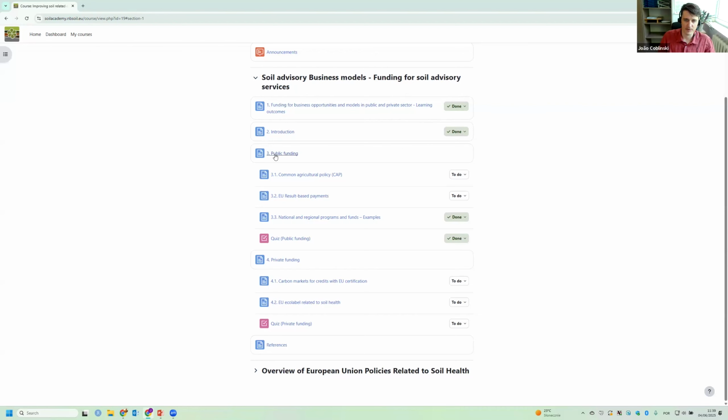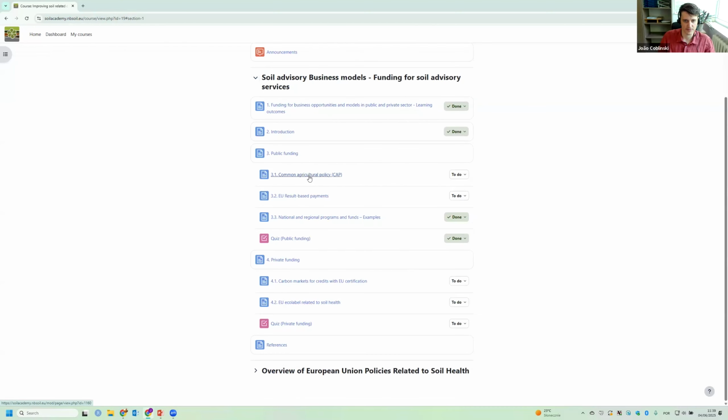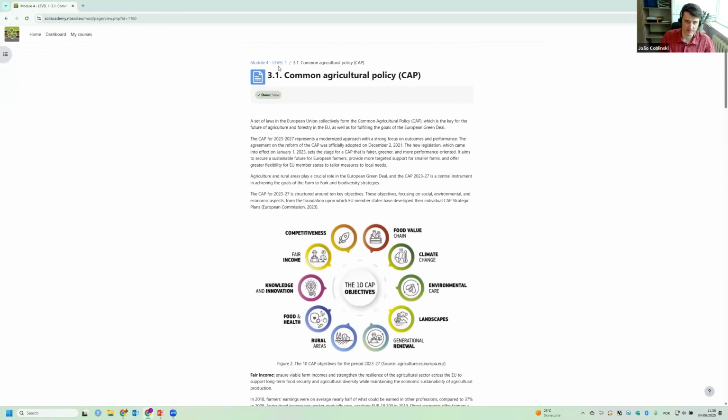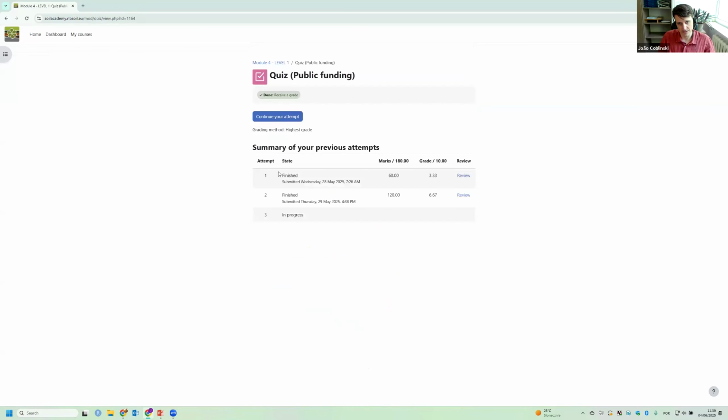And then we have the public funding section. Here's the content, for example the CAP. Everything about the CAP, what is necessary to learn about the CAP, the basic knowledge. And then at the end of this section, for example public funding, we have a quiz. So how is this quiz structured?